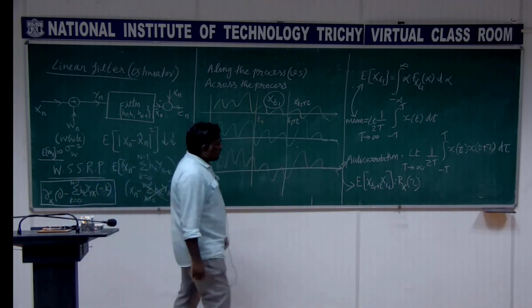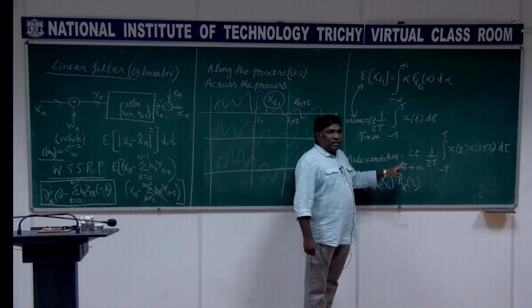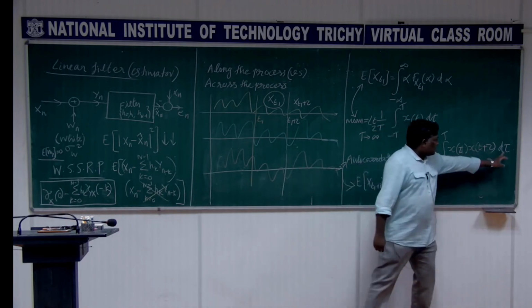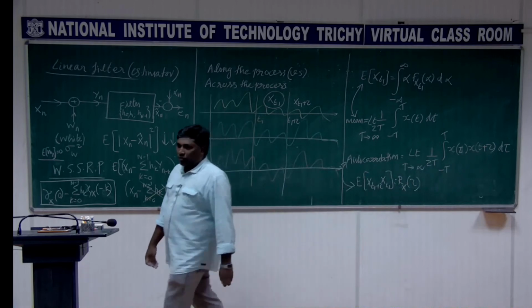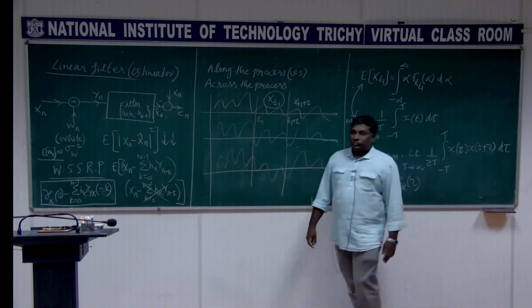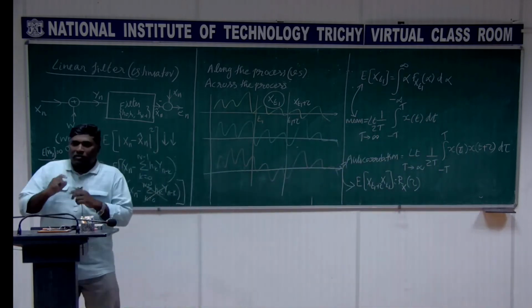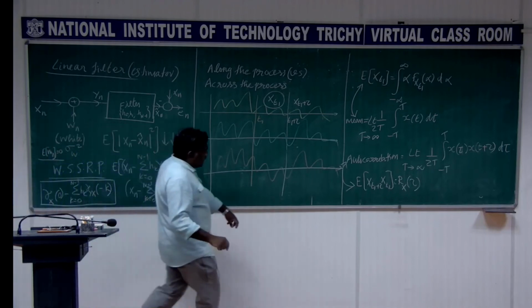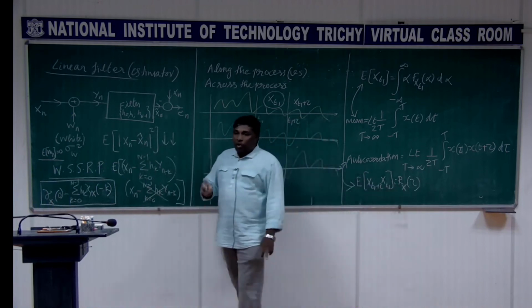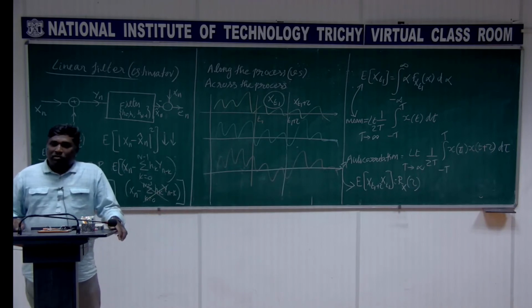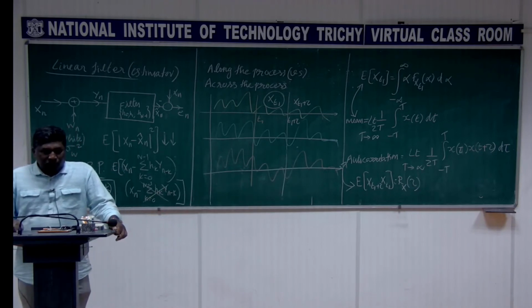right? In fact, if I want to write it in terms of a function of tau here, I can put this as t, and this is dt, to get it as a function of tau, right? But now it is a function of t because I used tau here. So you can change it if you want. In place of tau, you replace it with t, dt you can put, so that it is a function of tau, because here I have written this as a function of tau. Both are identical. If that is the case, then the random process is said to be ergodic in autocorrelation.